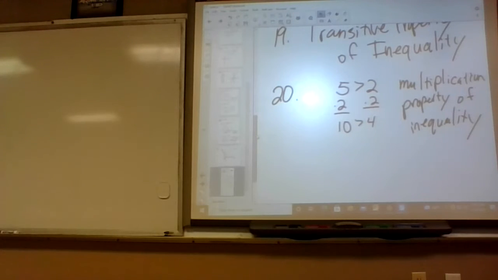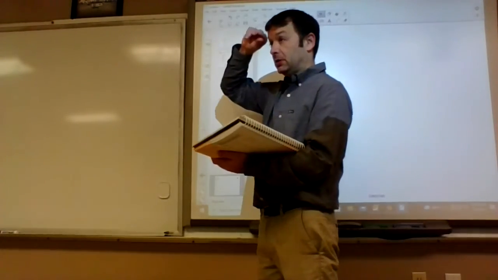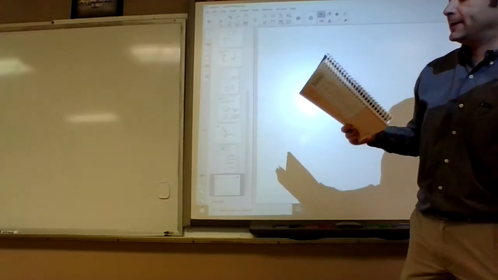That was like back in chapter 2. We did a lot of those. Okay, on 25. Wait. Multiplication property of inequality. On 25,